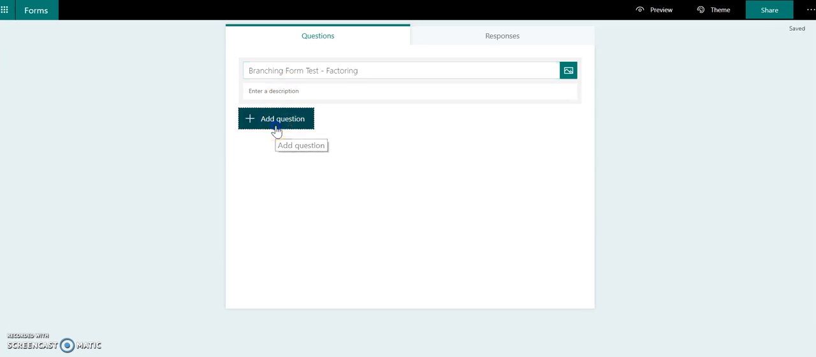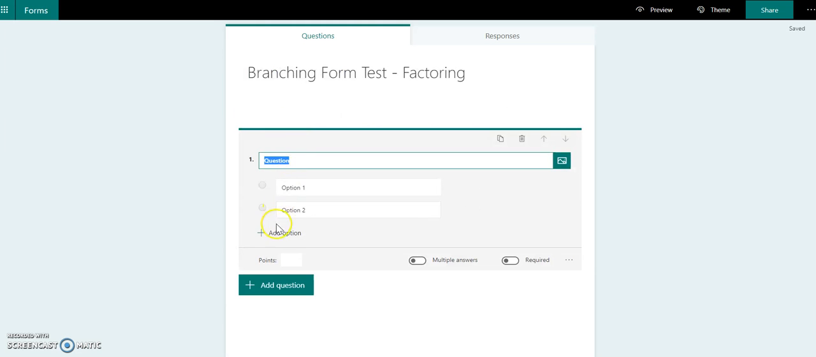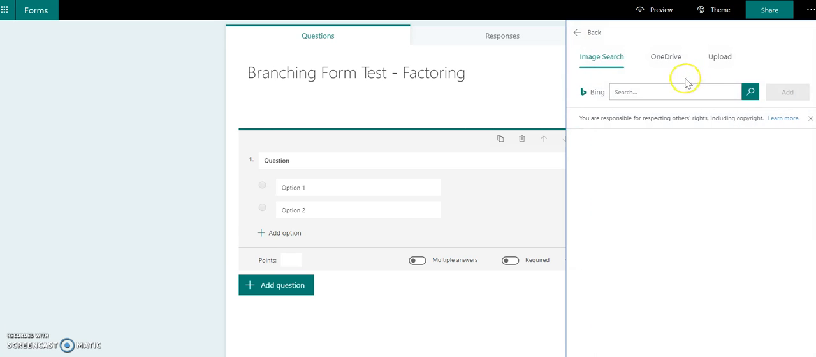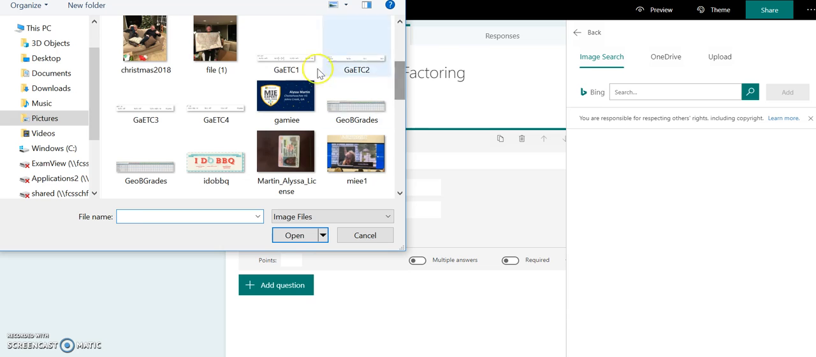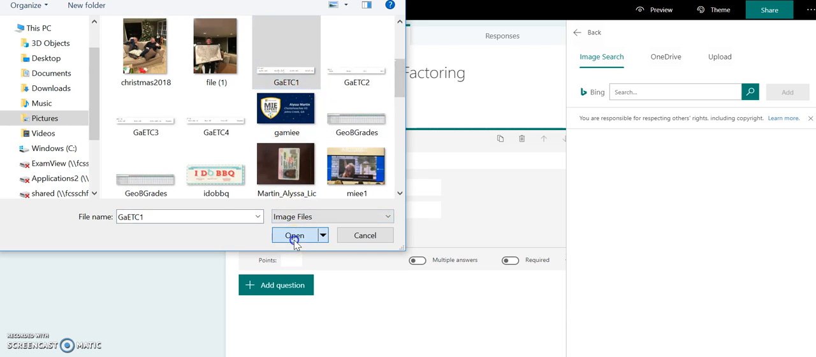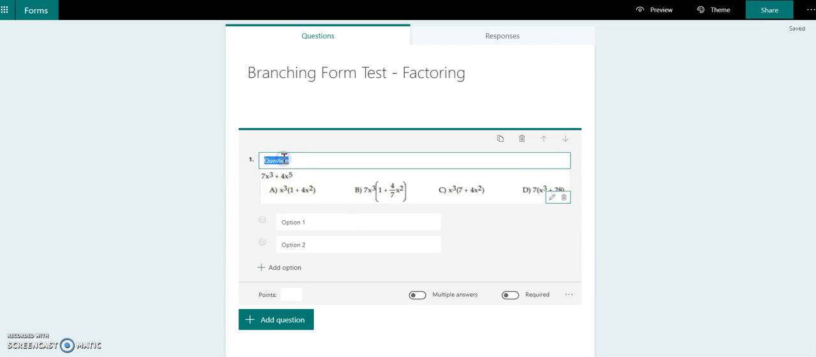So the first thing we need to do is add in our questions, like we would do with any Microsoft form. I'm going to start off by doing a total of 4 multiple choice questions. A technique that I like to use, especially with math questions, is to take your questions and save them as an image with the multiple choice options in there. Then you can just type the question, which would be factor,